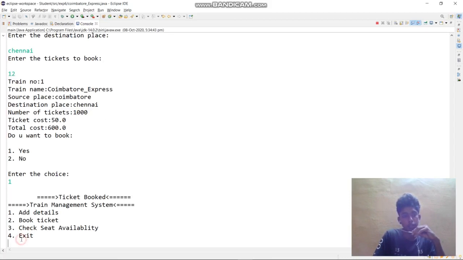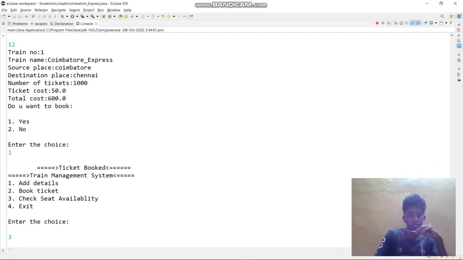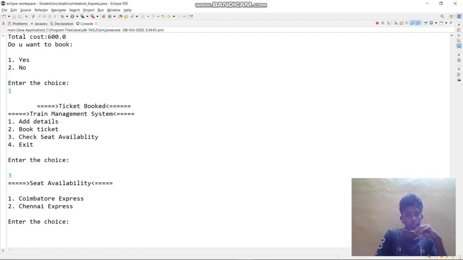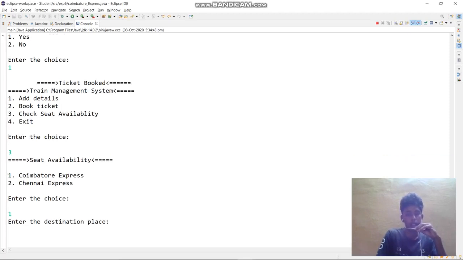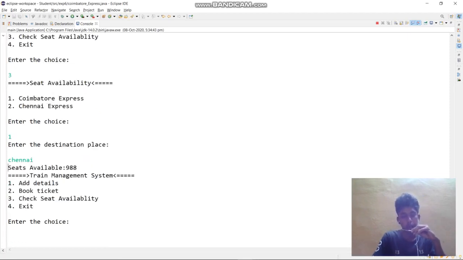If some other person is checking the seats and wants to book, he will first check the seats. He asks for Coimbatore Express, and if he asks for the destination Chennai, that is train number 1, it has 988.